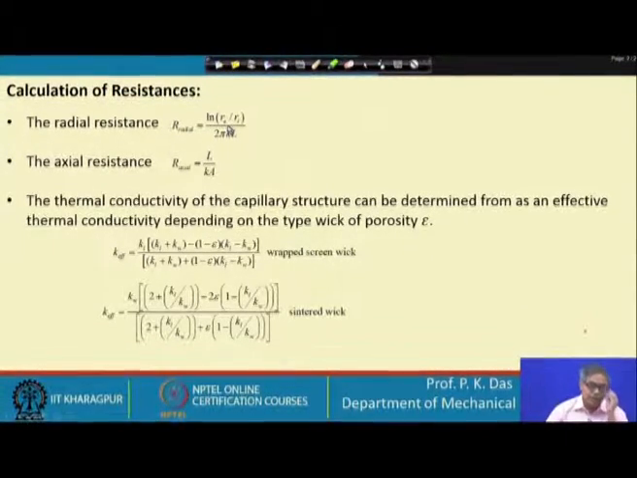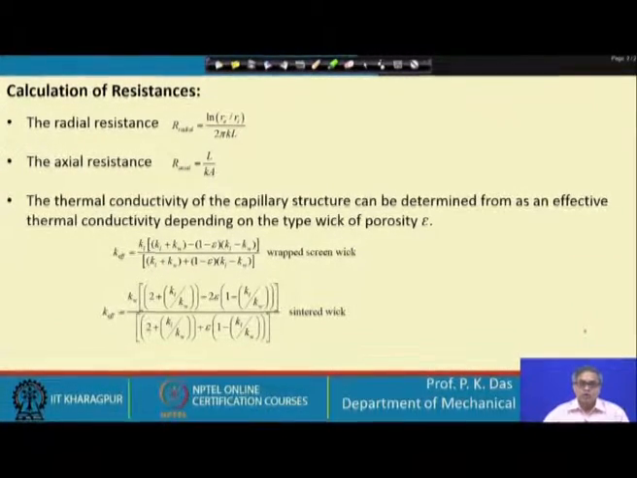So, here there is R_e, R_i: outer radius, inner radius, the conductivity, length of the element, etc. Or there could be axial resistance. So, this is the cross-sectional area A, length, and K is the conductivity. Now, the conductivity of the metallic wall we can get, but when we are considering the conductivity of the wick